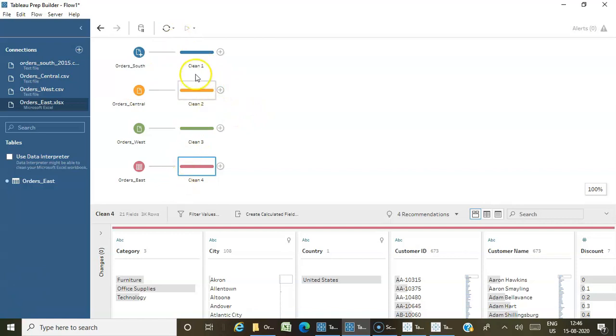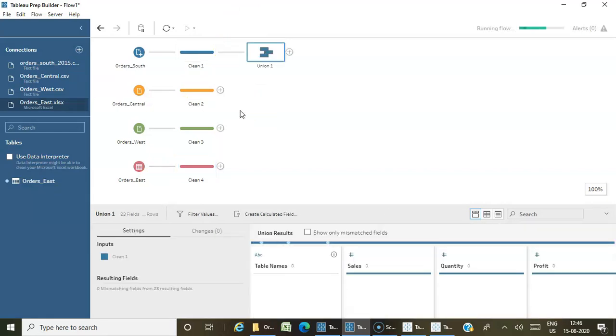So I have added all the cleanup steps, but I have not done any cleaning. In order to find what cleaning we have to do, I've just added a cleanup step for all the 4 files. Then I'm going to add the union step.